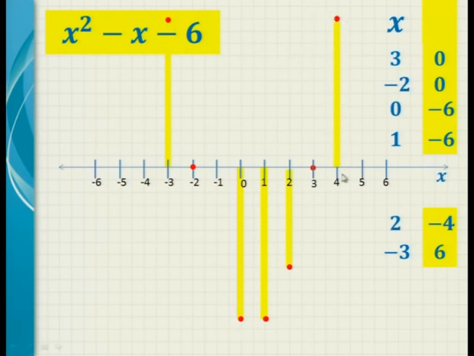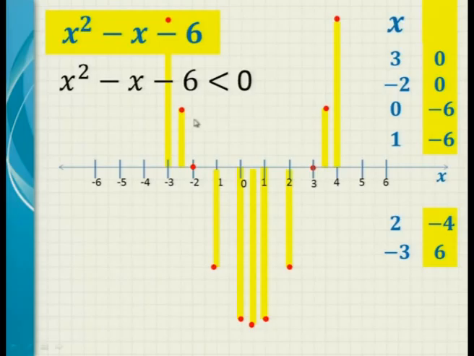And so I can continue. I can get a value there for 4. It will also give me 6. I can get a value here for 1. That will also give me minus 4. I can get another value here for a half. A half will give me that point there. I think it's 6 1/4. And so on and so on. In this way, I can get different values of that yellow box for different values of x.